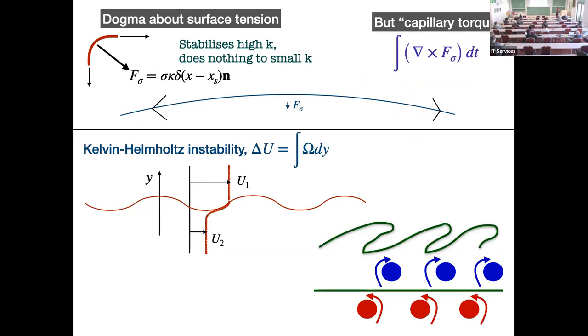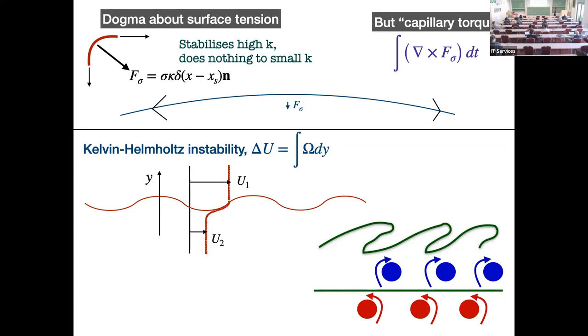What happens with surface tension? So this, we return to our dogma. The dogma says that surface tension hates very curvy surfaces, or surfaces with lots of surface area. It tries its best to flatten everything out and reduce the surface area. And we're talking in 2D here. So the dogma is surface tension stabilizes high wave numbers and does very little to long wavelengths. If there's a very weak curvature, then surface tension doesn't do too much to that, but it tries to stabilize these things. However, we're going to see that there is a Kelvin-Helmholtz instability created by surface tension, and that's